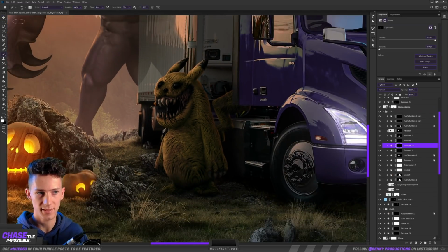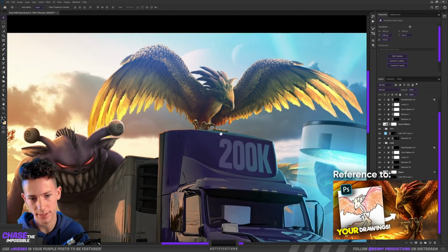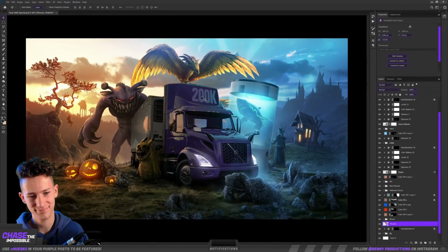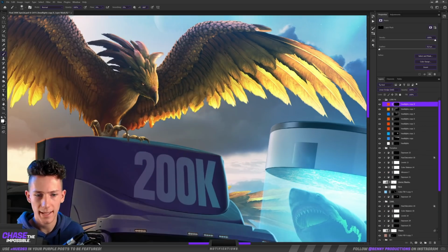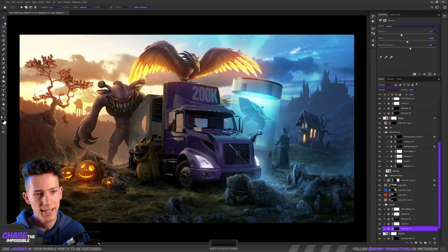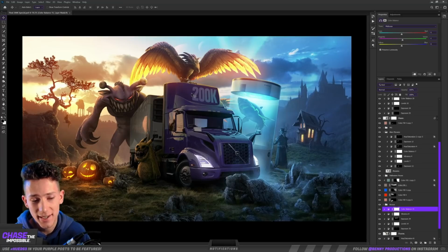Is it me or does this just not look very great? I kind of do want the Phoenix though, so maybe I thought this could actually be a good place, as if he's like sitting on the top of the truck. But then again, I don't know. I guess there's no harm in trying. Make the wings a little brighter and some glow. And then some of these yellow highlights on top of the truck and a bit of shadows on his claws. See, this is what I mean. I don't know. I honestly, genuinely don't know. Like, it's cool, but...